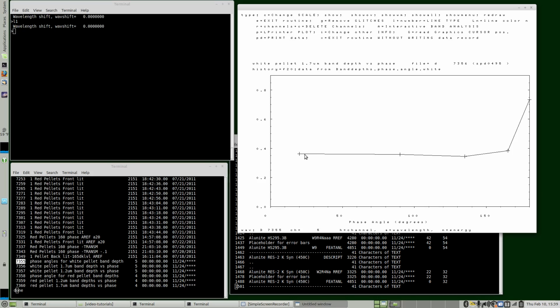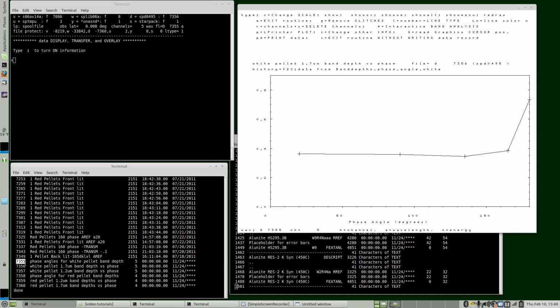those are pluses, those are not error bars. When there's a small number of channels, the cross gets larger, so the cross size is a function of how many channels you're plotting. So here we see that the band depth stays very constant until we get up beyond 160 or so, 165 degrees phase. So that's interesting. So let me get out of that and let's just look at,